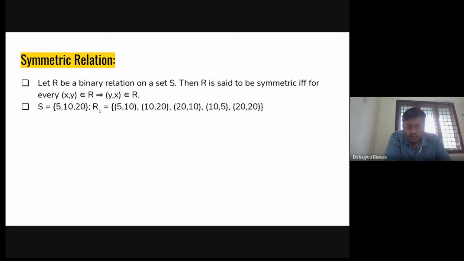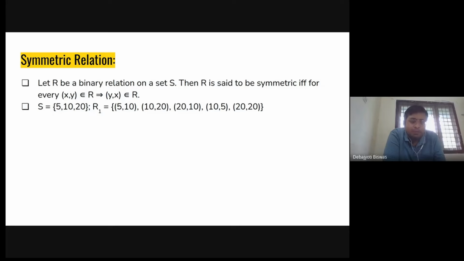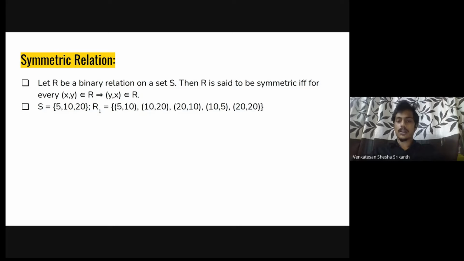Like there is no 5 comma 20 in our R1, and there is no 20 comma 5 in our R1, so we won't count it. It is not necessary to have all the combinations from the set in our R1. Only the elements inside R1 matter for us to check whether R is symmetric or not.